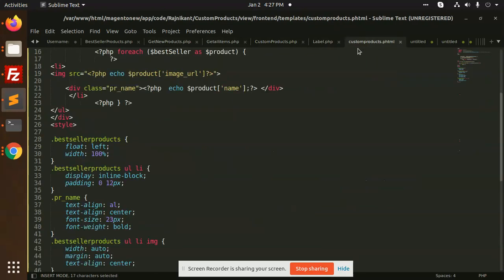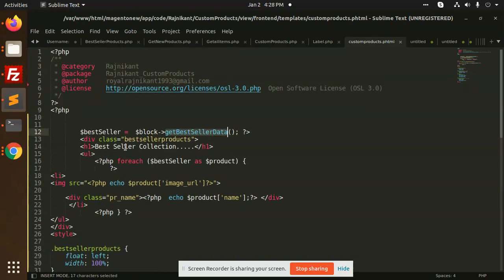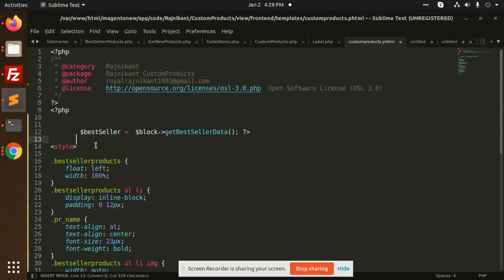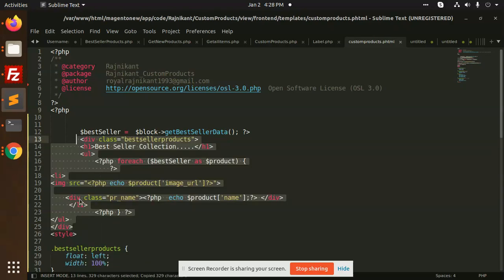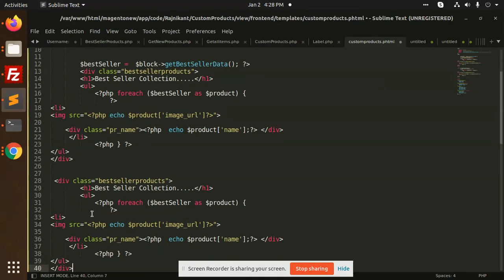Let's get all the HTML for this part. I'm going to copy this full block div, Control C, and add it here. We have the bestseller collection, and we are going to add the new products collection.